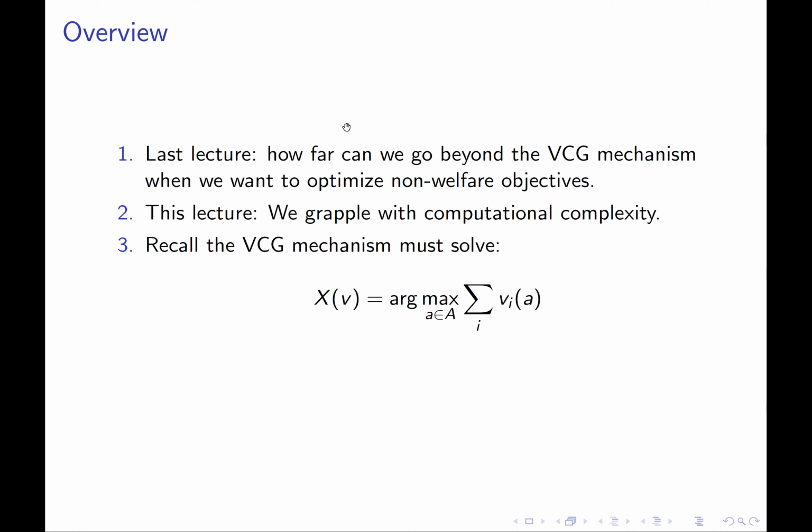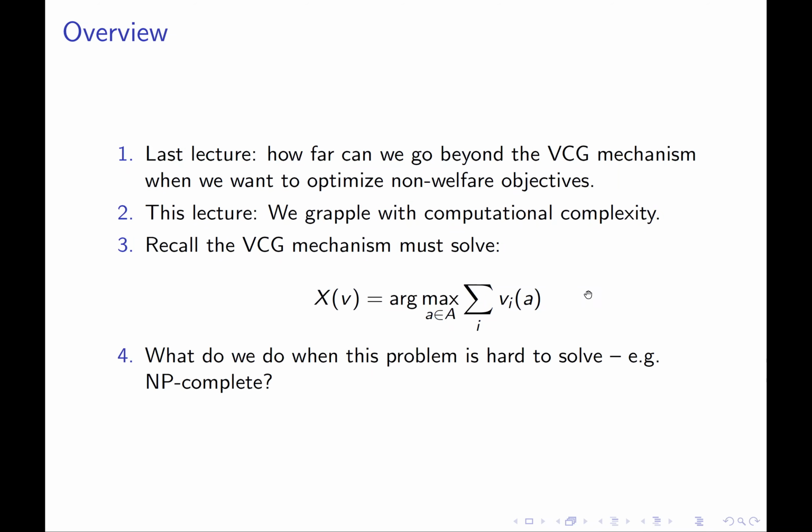So just to remember what the VCG mechanism does, it maximizes social welfare, right? And when we were deriving the VCG mechanism, we spent all of our time thinking about the payment rule. There was nothing interesting to do when it came to designing the allocation rule, right? Our hands were tied. The allocation rule, if we wanted a social welfare maximizing mechanism, had to always choose the alternative that solved this optimization problem. It had to choose the alternative amongst the set of all feasible alternatives that maximized social welfare. The problem is that sometimes that's easier said than done.